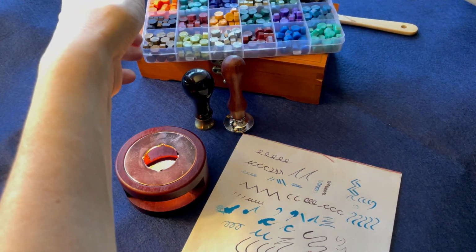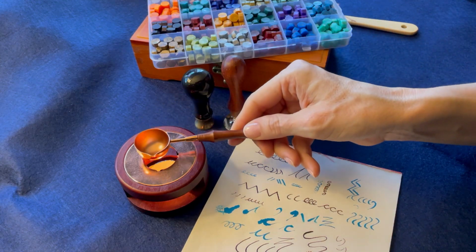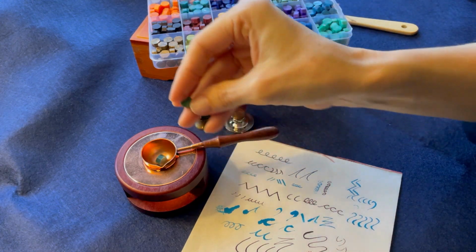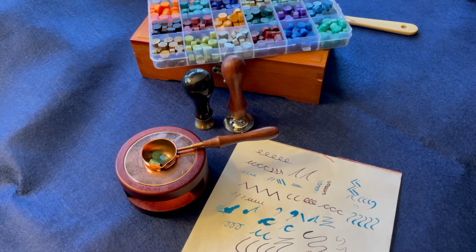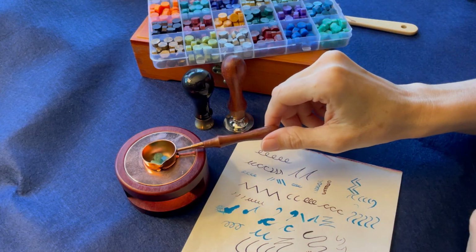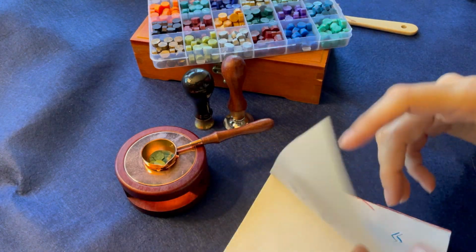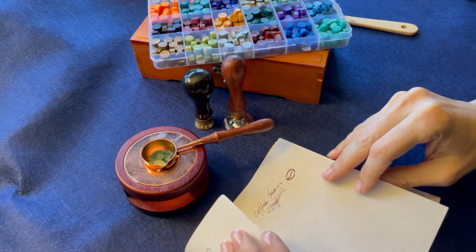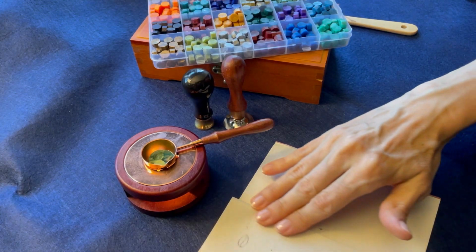Even though they're sea themed, let's do some forest colors. So we'll pick a dark green and sort of a marbled mossy green and a light bracken. We'll let those melt there, and as those are melting, we can fold our test paper as if we're making a letter,